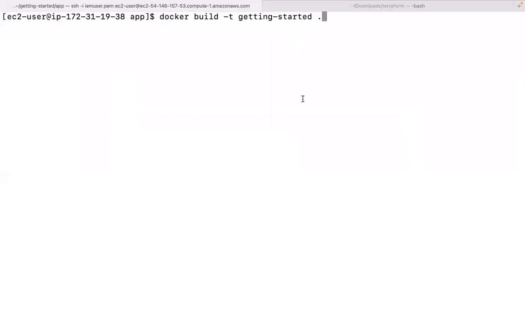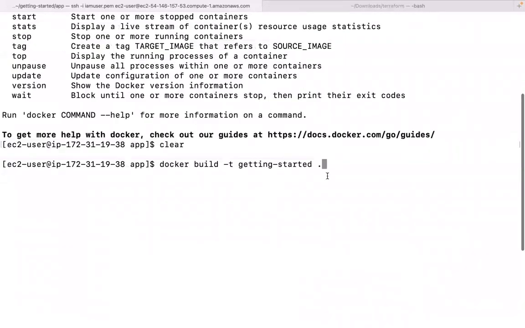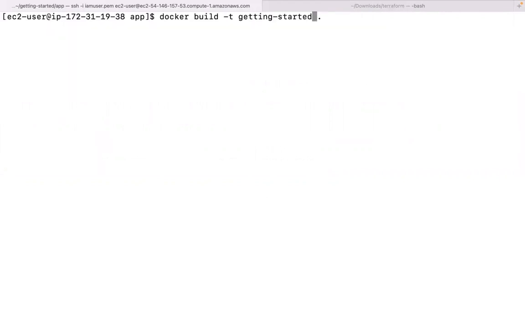This dot, remember this dot, is telling the command that the Dockerfile is right here. And this getting-started is just an image name. I'm going to change it to example-image. And let's see what happens.